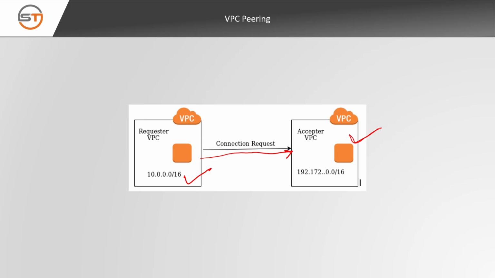Peering VPCs between different AWS accounts requires both the VPC ID and account ID so that we can identify the particular VPC. So this is how the VPC connection is established: the requester sends the peering connection request to the other VPC, and the acceptor VPC needs to accept that request in order to establish peering connection.